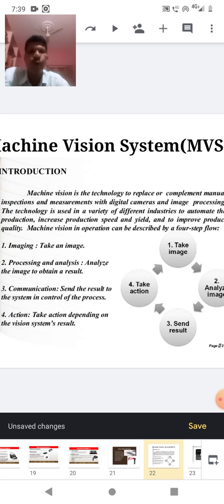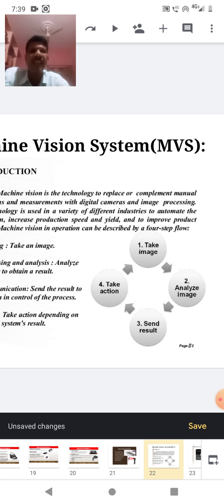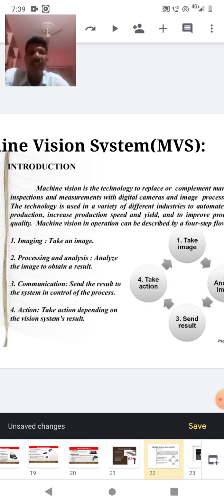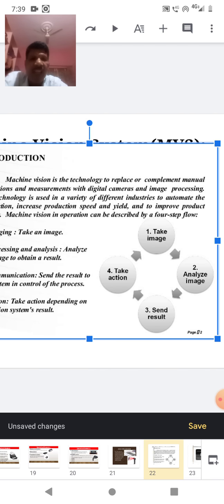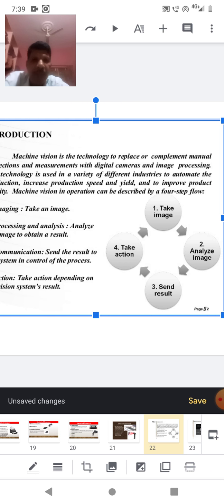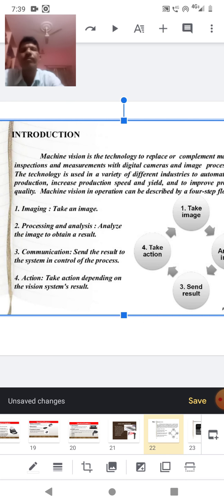The technology is used in a variety of different industries to automate production, increase production speed and yield, and improve product quality. Machine vision in operation can be described by a 4-step flow. Here the machine vision system improves the quality of the captured image or photo or situation.